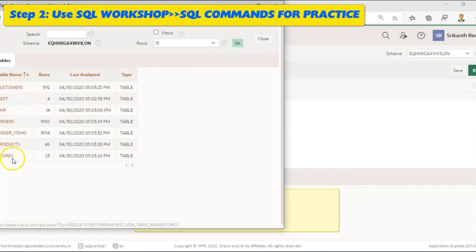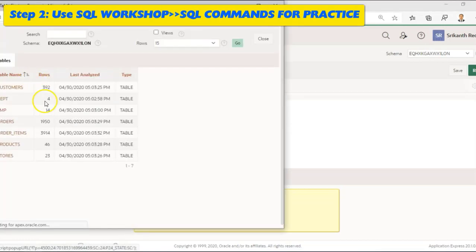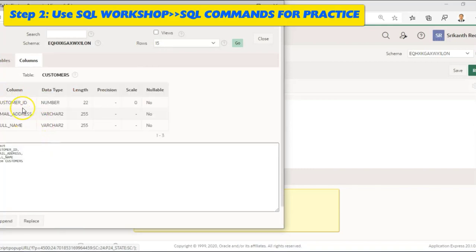So these are the tables that are there. Customers table is there. Department table is there. Click on Find Table and you'll come across all these tables. Now the customer table has customer ID, email address, full name.